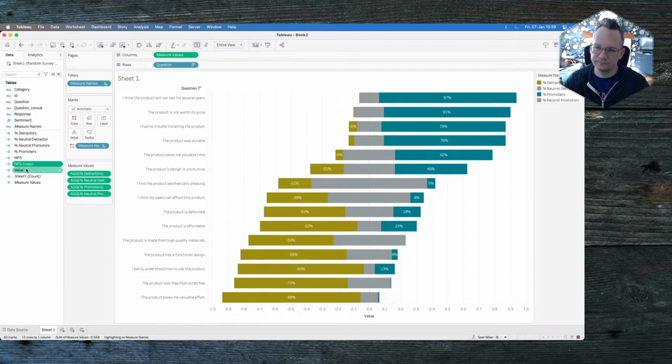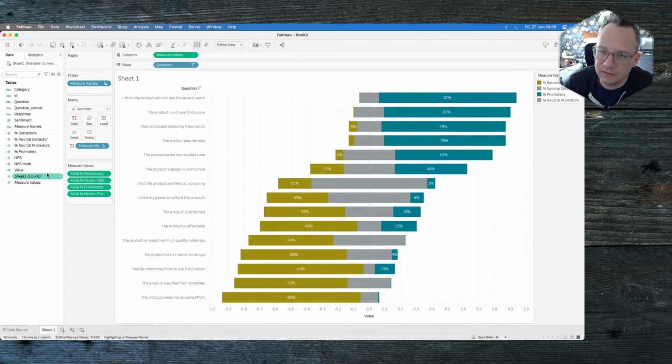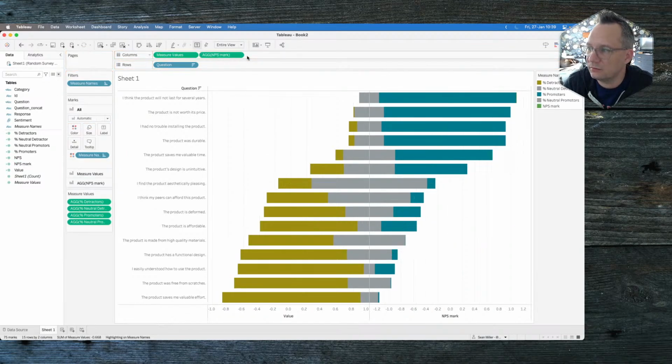So what I need to do here is I just need to duplicate this, edit it, get rid of the copy, and call it NPS mark, and then get rid of the multiply by 100. That way our decimal places are the same. I have the same significant digits on both sides, or for both marks. Click OK. NPS mark. Drag that up to columns,